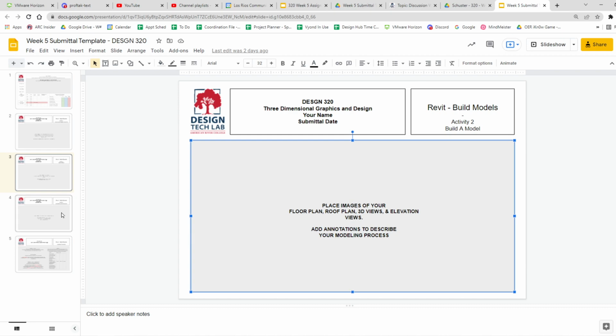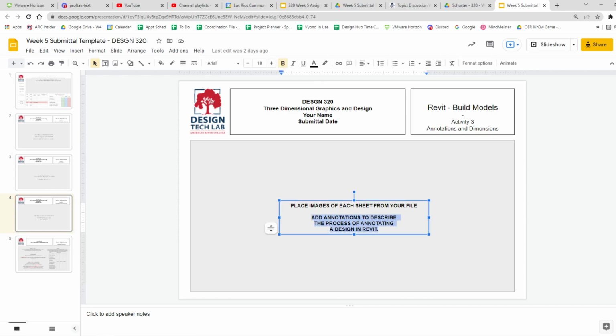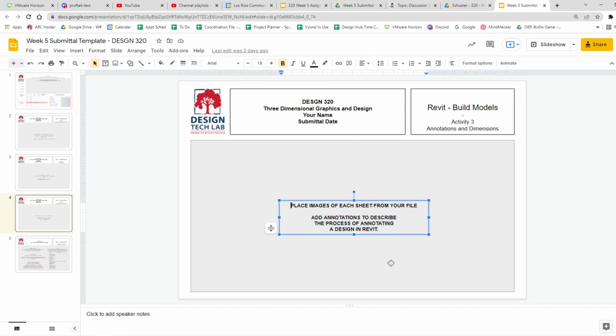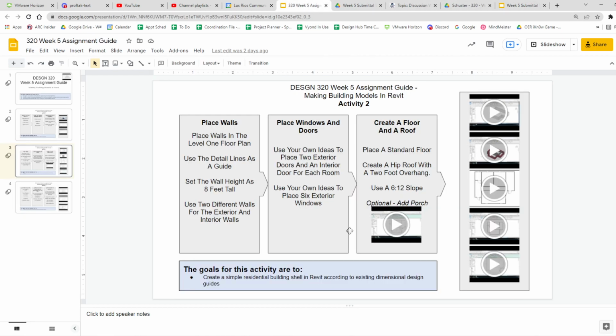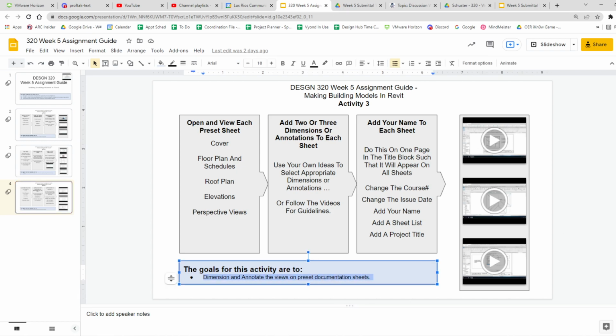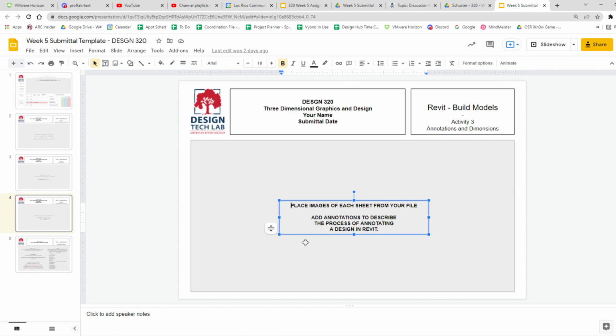So that's your activity 2, and then for activity 3, I've shown you how to put a few types of annotations on. They happen differently depending on what you're annotating, and I've described that on these. You can watch these and go through them one at a time. These are the various goals. You can even put your goals in. You can just paste that right into there if you want to, because it lets somebody know what was going on. You can just take these right here and put them in your